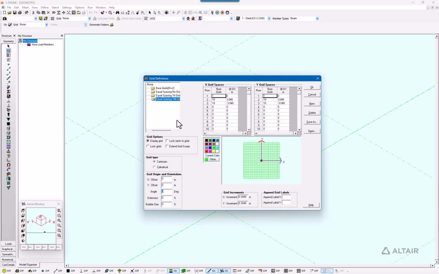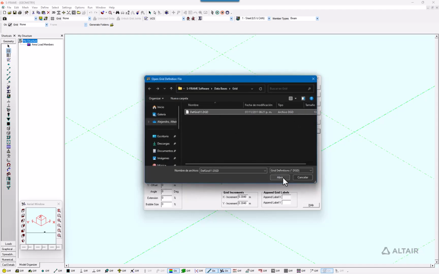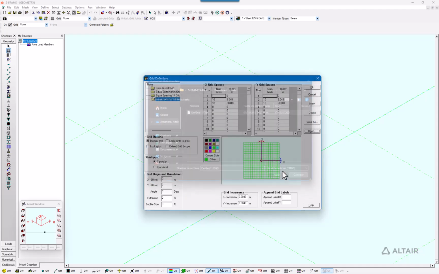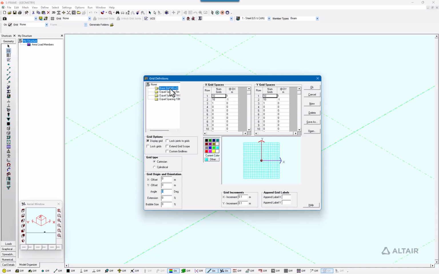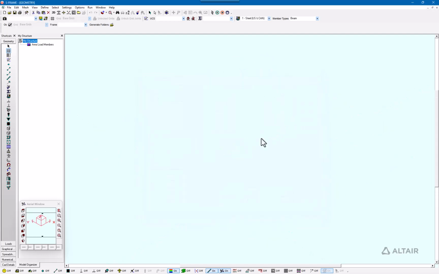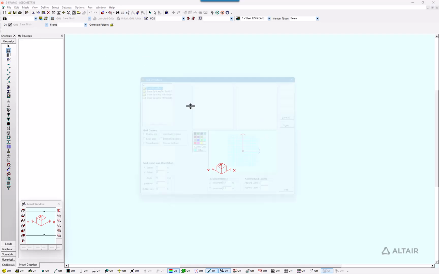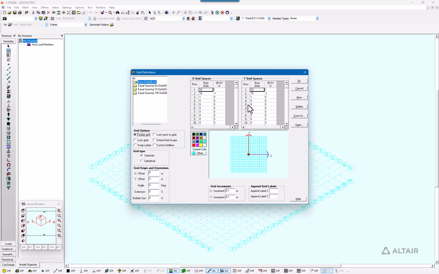In case you don't see these grids when you open your grids window, you can go directly here to open, select the dev grid and click open, and this will be loaded. With this, we have the base grid. As you can see, I can select this grid and I have these different options shown before. The first one is display grid. We have this already checked, so this means the grid is going to be displayed, but if I uncheck it, everything is completely gone. You can see there is nothing on the screen. I can go again to the grids, click display grid, click OK, and you can see now